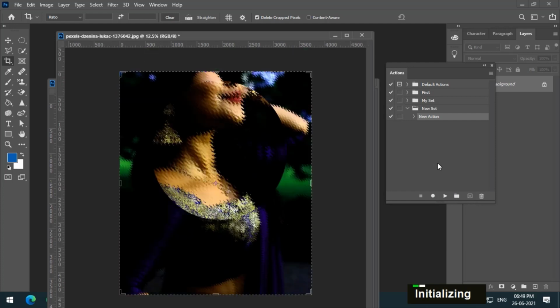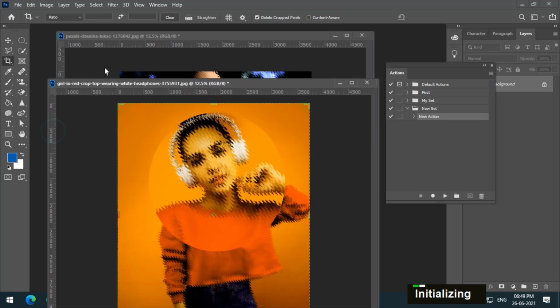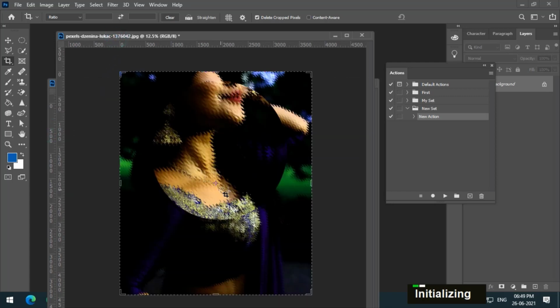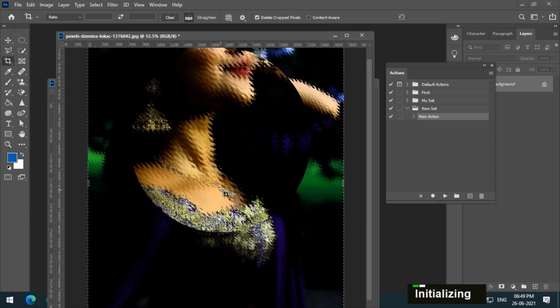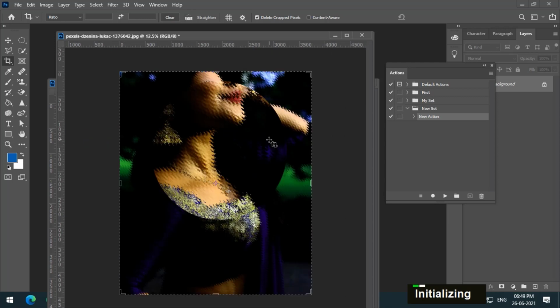As soon as I click on that play button, it has applied all the steps that I performed on the previous image to this particular image. As you can see, the selection, the filter and the adjustment layer, it has performed exactly what I performed on the first image.